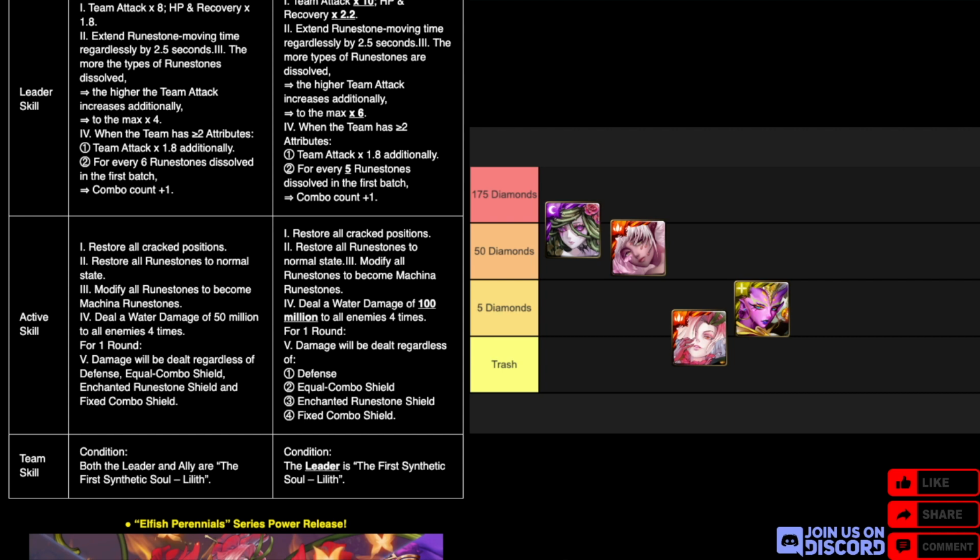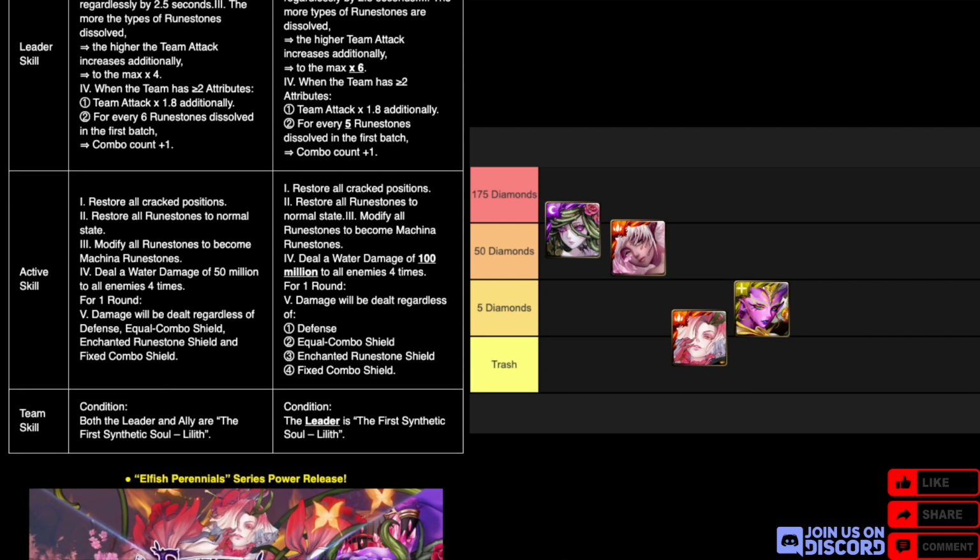And then they changed the wording to make it better. And for her team skill, the condition, they changed it to be she only needs to be a leader instead of being leader and ally. This, I mean, is fine, but I don't know why they put this here, because while in theory this allows better team flexibility, by the fact that they changed her leader skill as well,